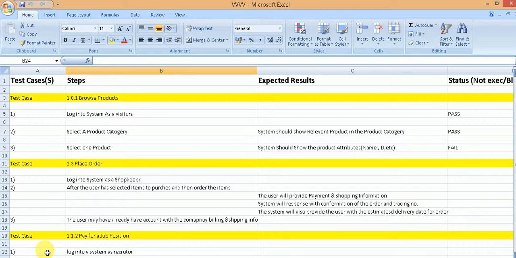So the advantage of placing the test data along with the test case is that you don't have to spend effort and time designing your test data when you execute the test case. You can simply take the test data from the test case and use it to execute the steps of the test case. Then the test case may have a column, depending on the format or the template, which says whether it is executed or not.